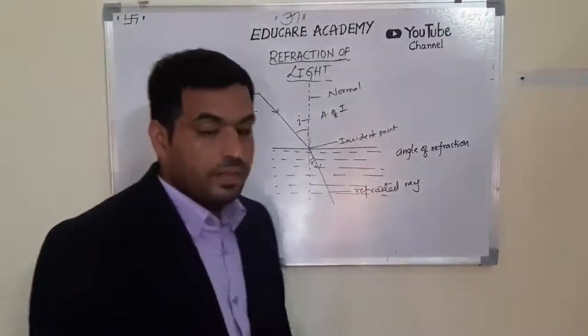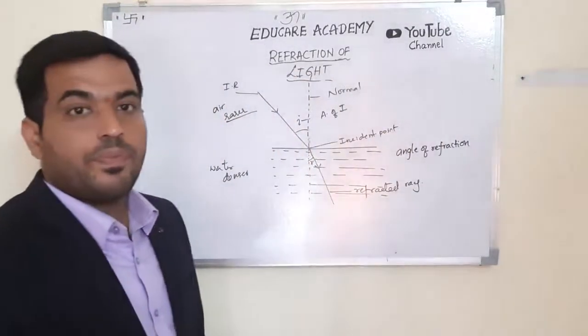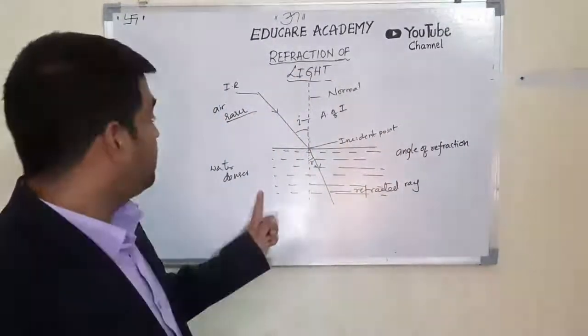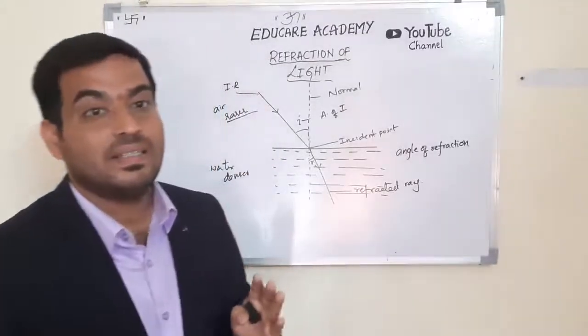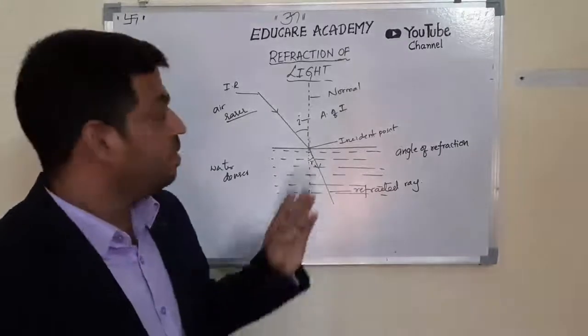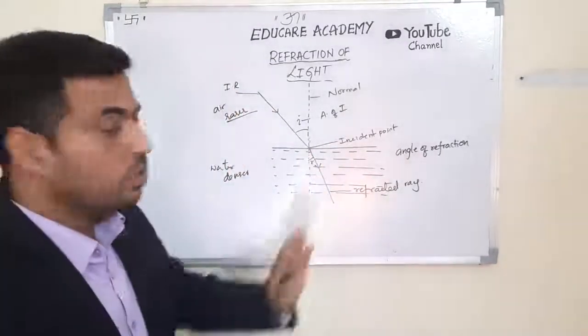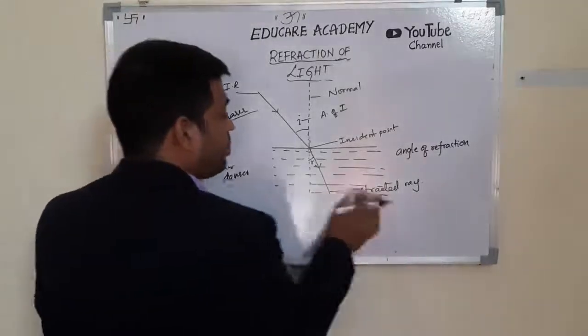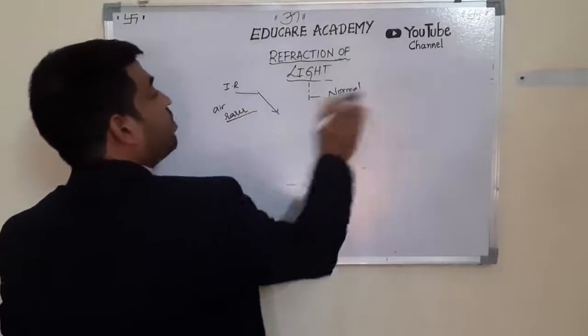In the same way, when light goes from denser medium to rarer medium, the speed of light or velocity of light becomes more. That means it bends away from the normal. So these are the two things you have to remember. So when a light bends towards the normal and away from the normal,